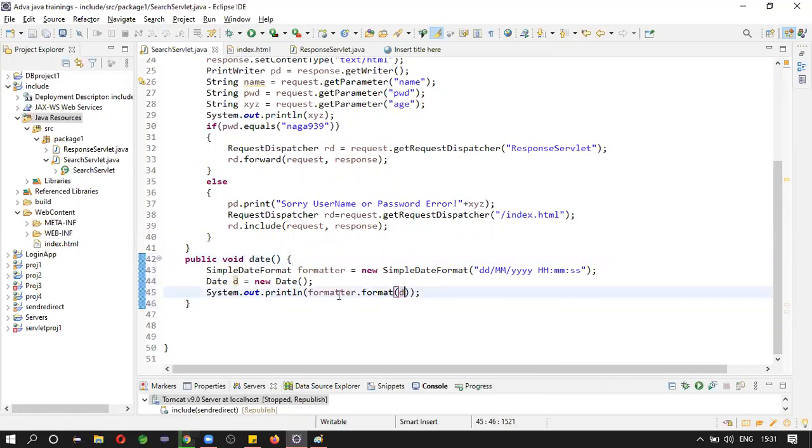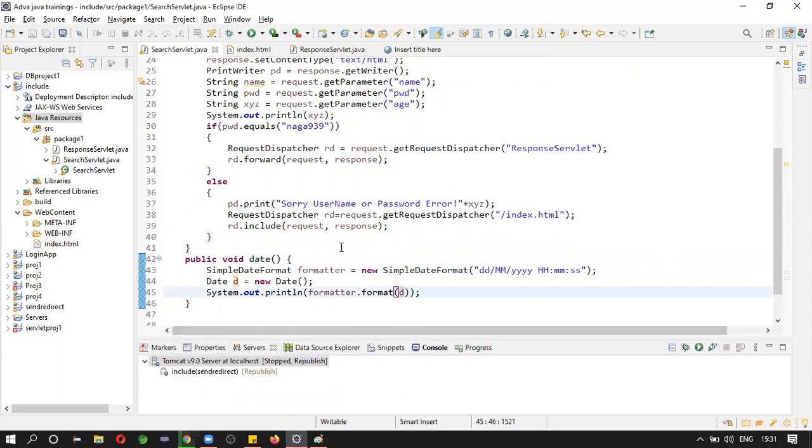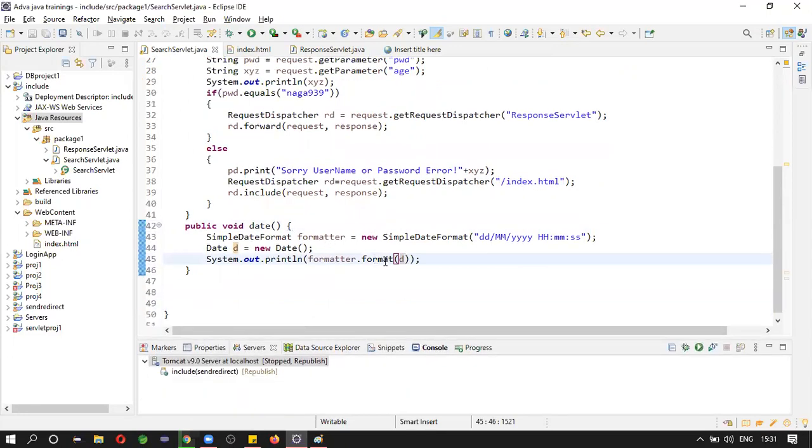Save this. You need to run the entire servlet application for performing this.